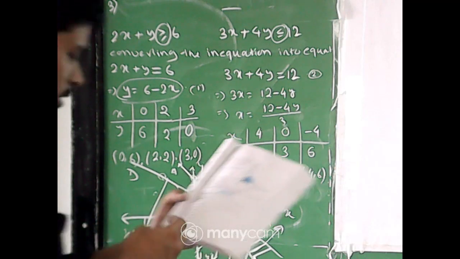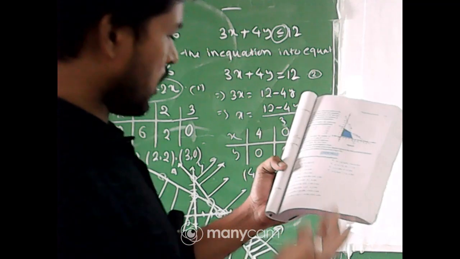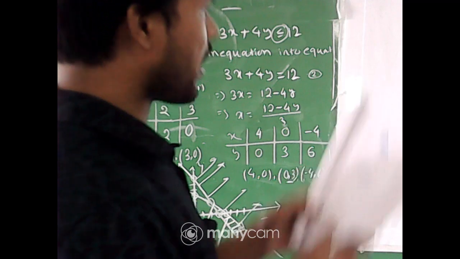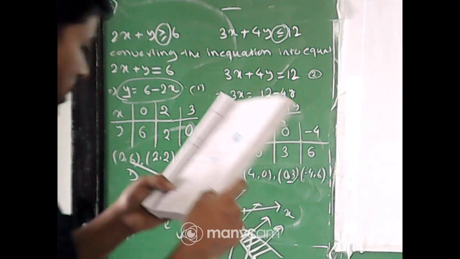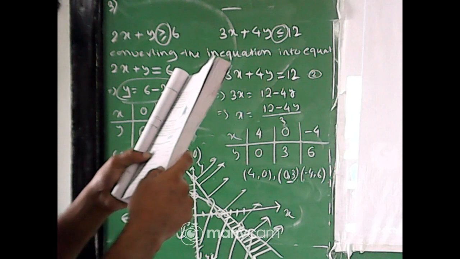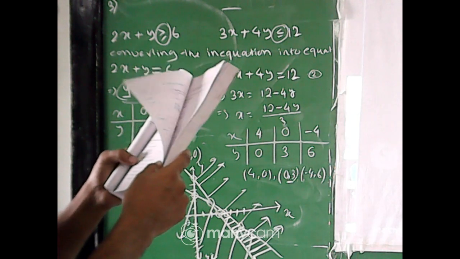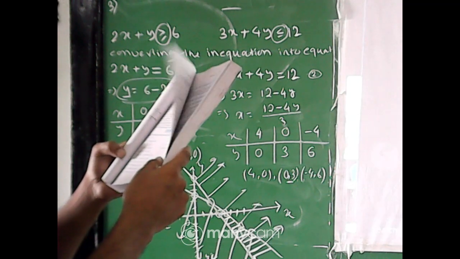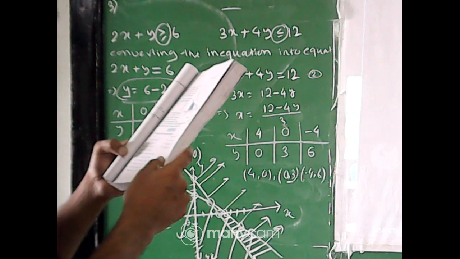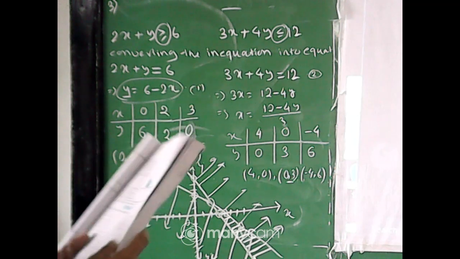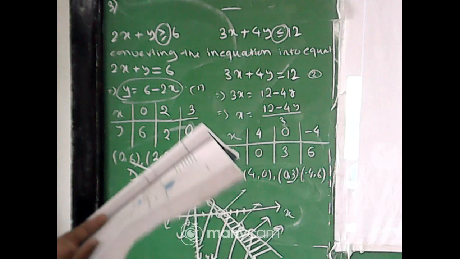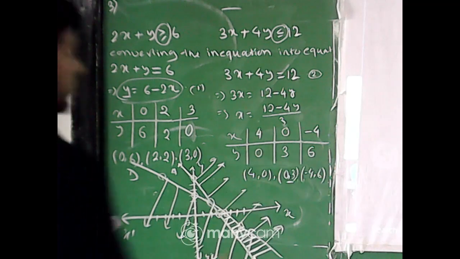Now look, if you just look at the questions from exercise 6.3, you will find that all the questions are the same type. So I will not solve all the questions, I will just solve different types of questions. Okay, so after question number 2, 3, we'll solve which question? Okay, we'll solve question number 11. It has 3 equations. Or question number 10, you can consider question number 10. Okay, so now let's solve question number 10.